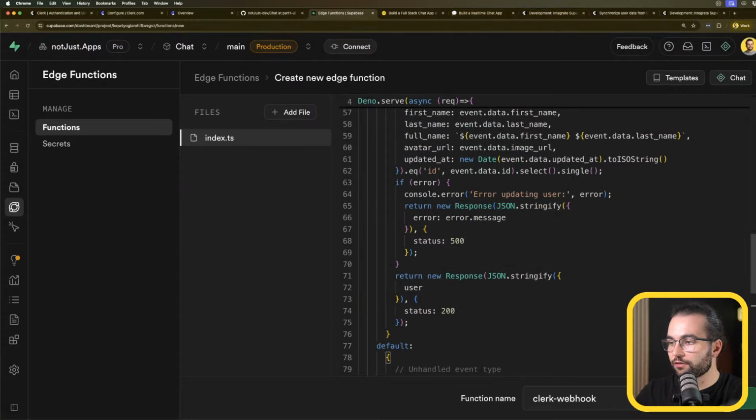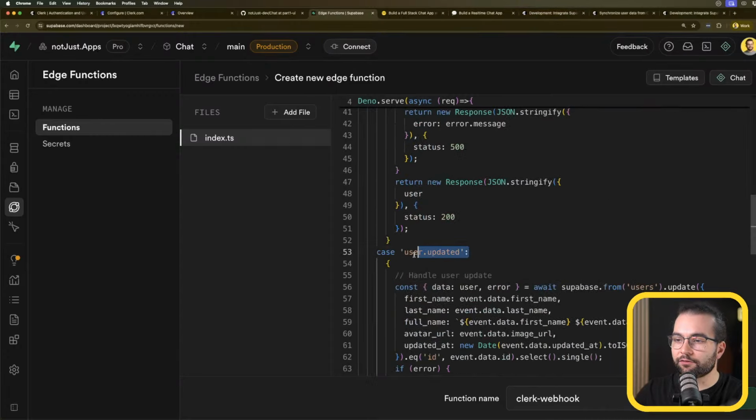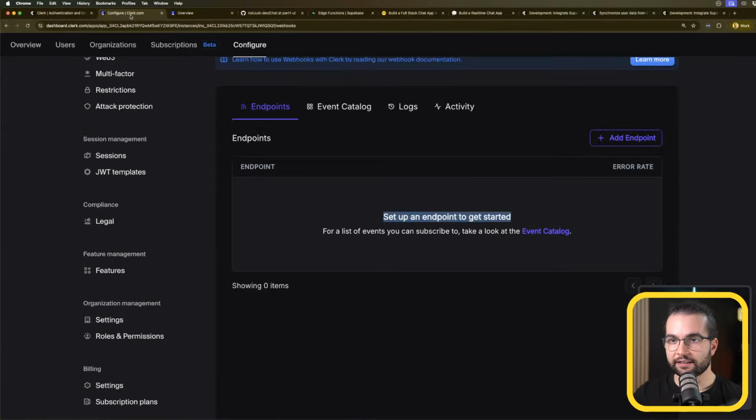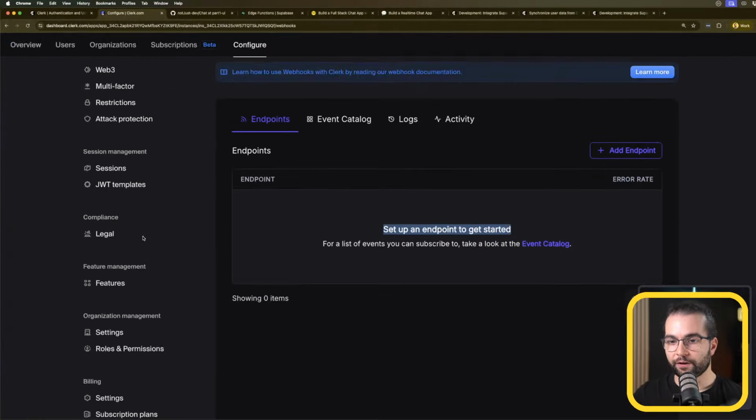I will deploy this webhook. But in the blog post, you can also see that you should probably also handle the delete event when a user is deleted and some other events maybe as well. By deploying this function, we get an endpoint URL. If I take this endpoint URL, I can go back to Clerk and say, hey Clerk,